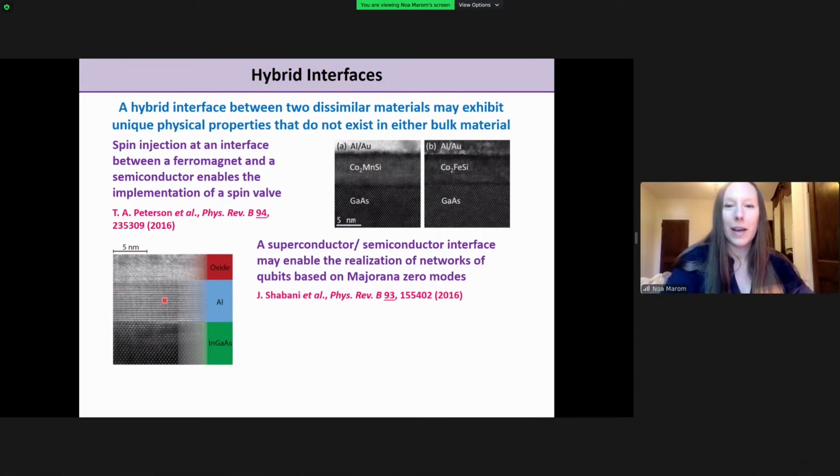For example, at the interface between a ferromagnet and a semiconductor, you can get, I'm sorry, my cats are fighting in the